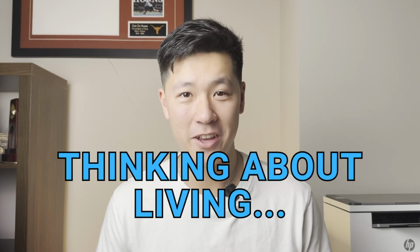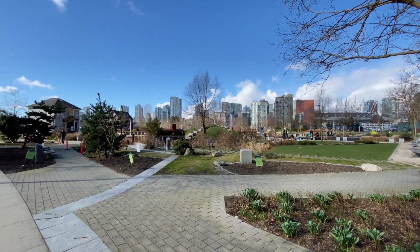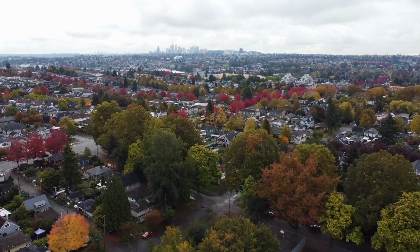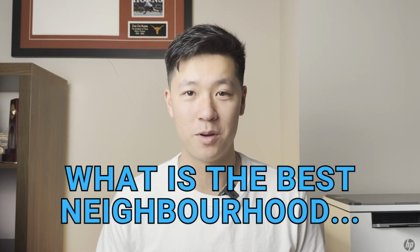Are you thinking about living in Vancouver, BC? You've been doing your research and looking at all these different areas and neighborhoods, trying to figure out what the best place for you to live would be. You hear a lot of things about Vancouver and some of the bigger suburbs such as Burnaby, North Vancouver, Surrey, and you're hearing all these different things and you just want to know, what is the best neighborhood going to